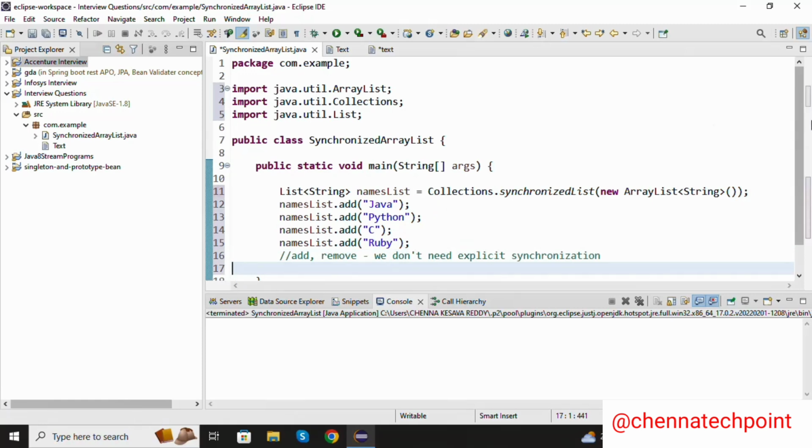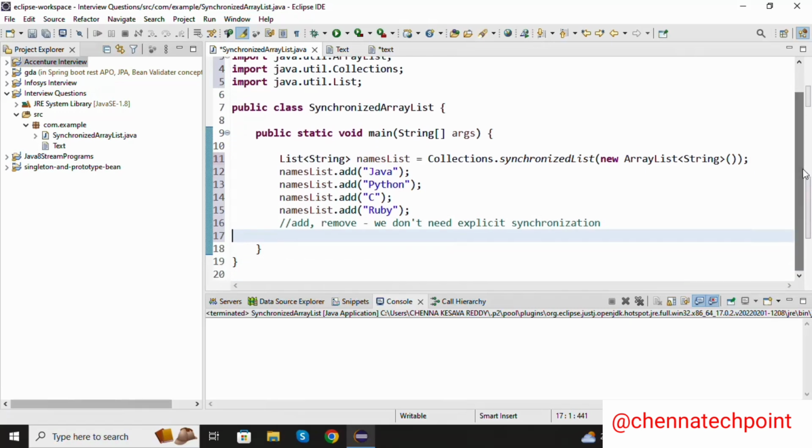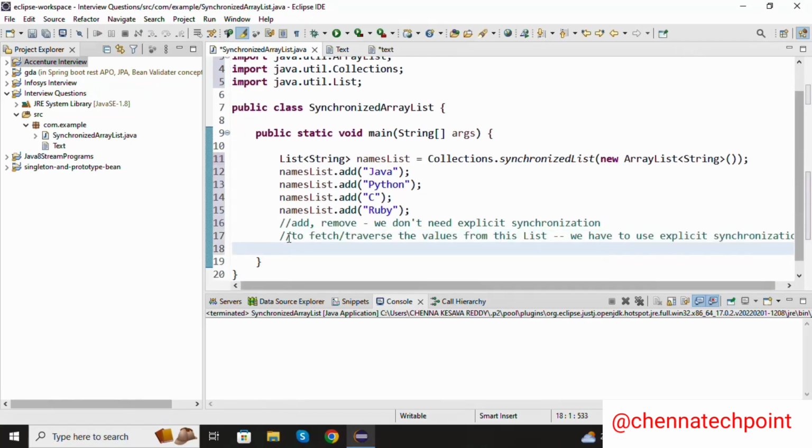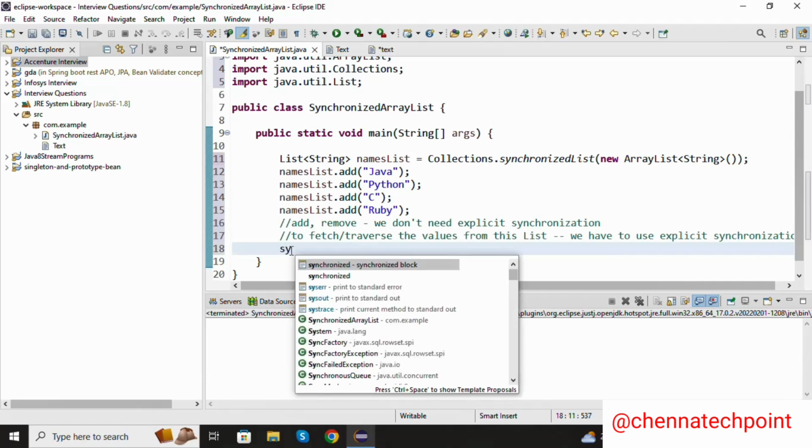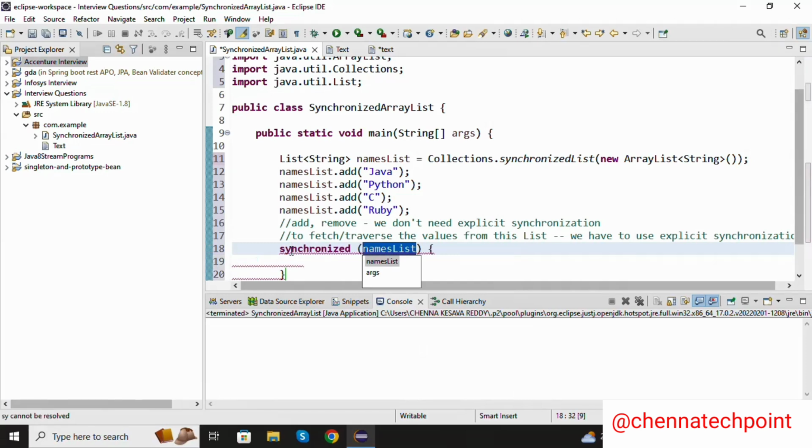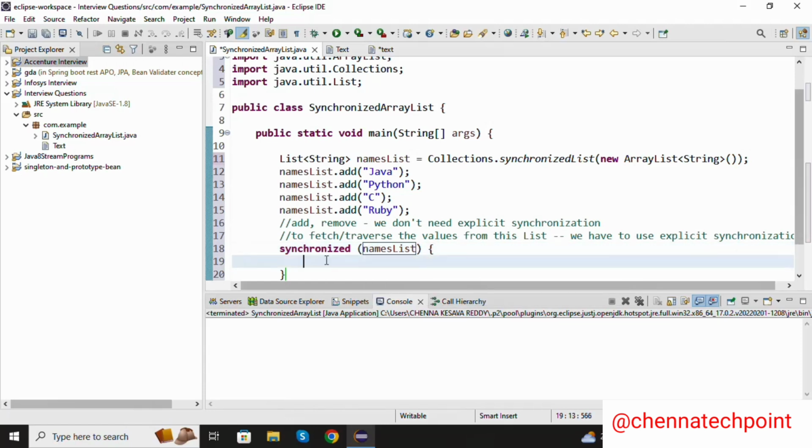Here, to add and remove, we don't need explicit synchronization. To fetch and traverse the elements from the list, we have to use explicit synchronization. Now I am going to fetch the data. Now I am going to use a synchronized block. Inside the synchronized block, we are going to pass the list object. Inside the synchronized block, I am using